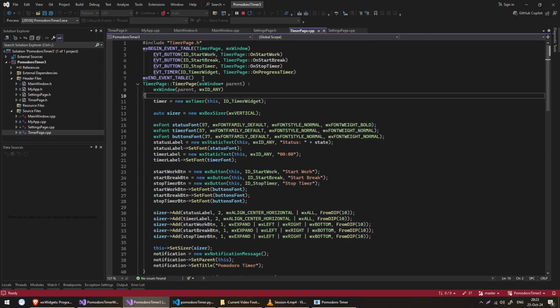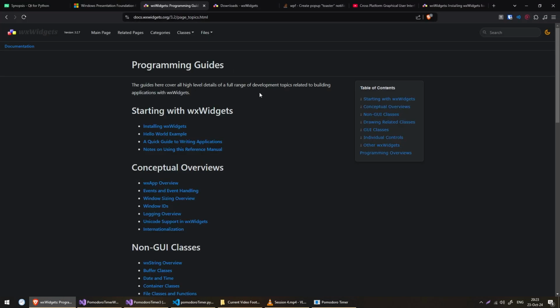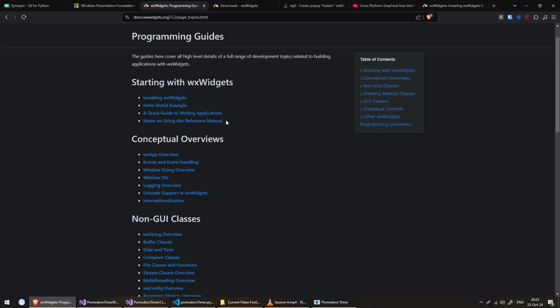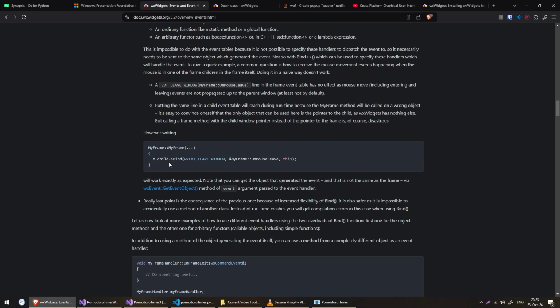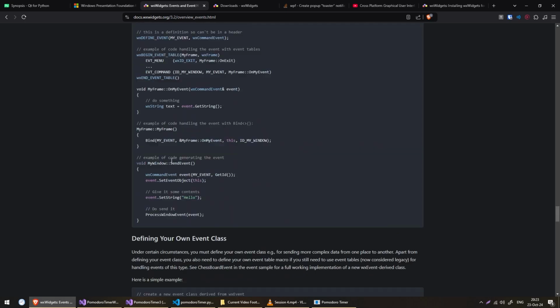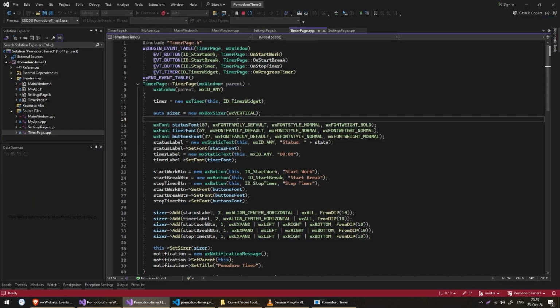And the other problem is how much detective work I had to do to figure out how to do something. For example, to figure out how to connect buttons with functions, I would go to the documentation, and the only thing close to that is events and event handling. But here I just get paragraphs and paragraphs of text that I have to go through in order to do something really simple. Much more helpful would be a simple code example for me to quickly figure out what I need to do. I learn better by creating projects, not by reading.